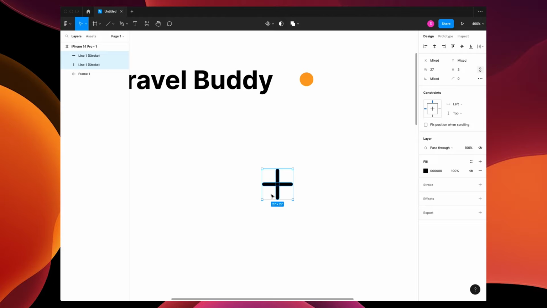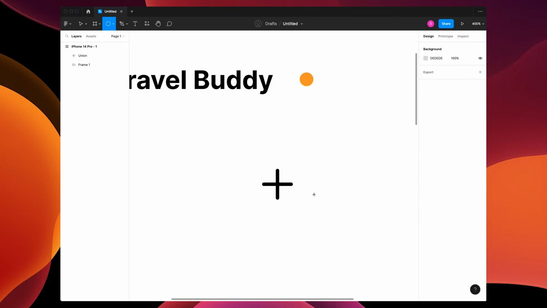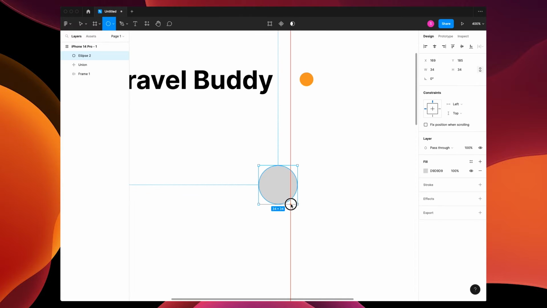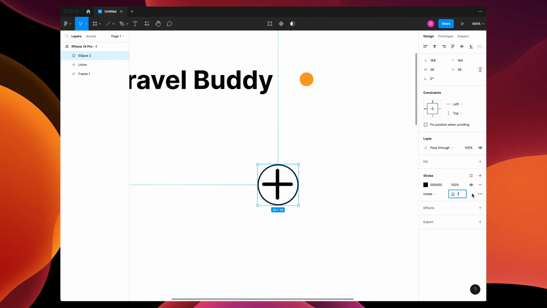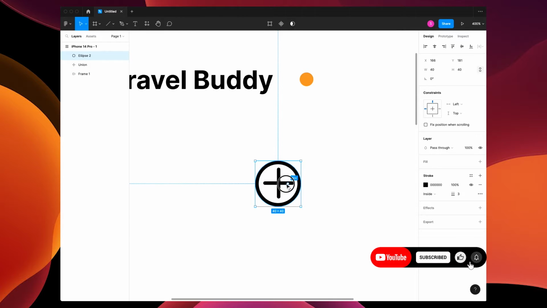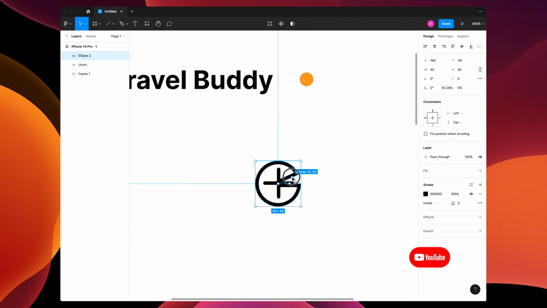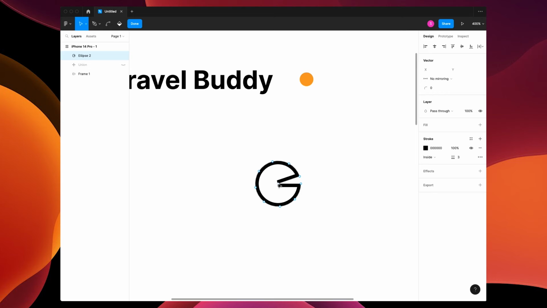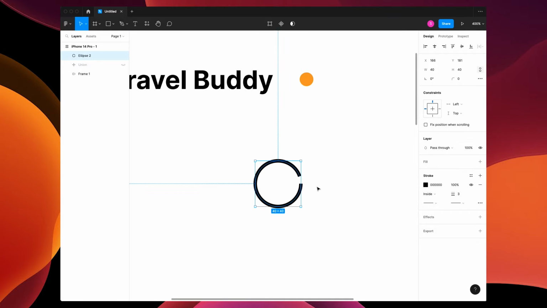Grab them both, go up and union the selection. Draw a circle around your selection, get rid of the fill and add a stroke of 2. Make that bigger and center it. I'm going to arc my circle and delete the most inner part of the circle by double-clicking on the anchor point. Round your stroke,